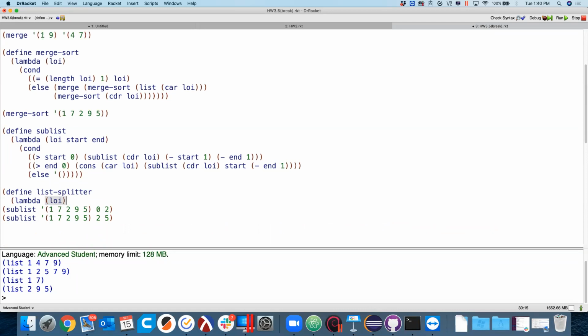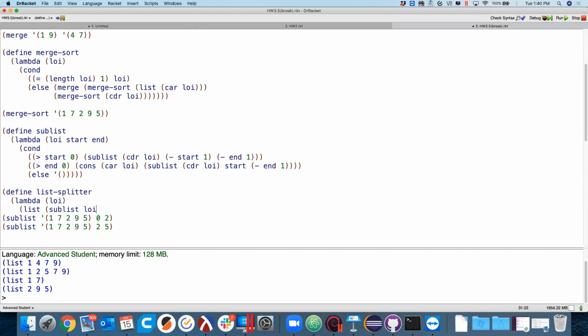And we can assume that the list needs to be split, right? So what we're going to do is create a list, because ultimately I want to have a list that has the 2 halves in it. At least that sounds like it would be a good tool to have for us. So list splitter will take in a list of integers, and then we're going to create a list out of whatever sublist returns for the